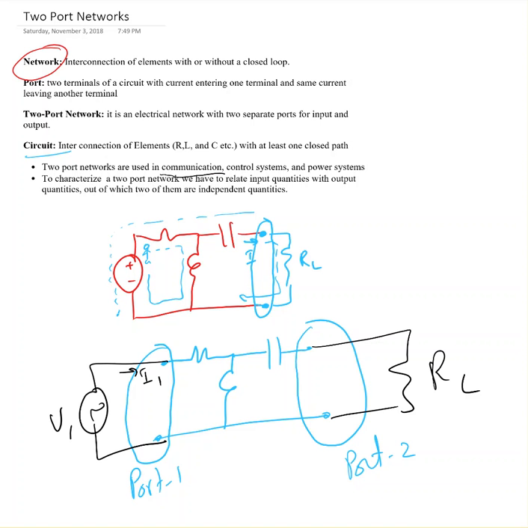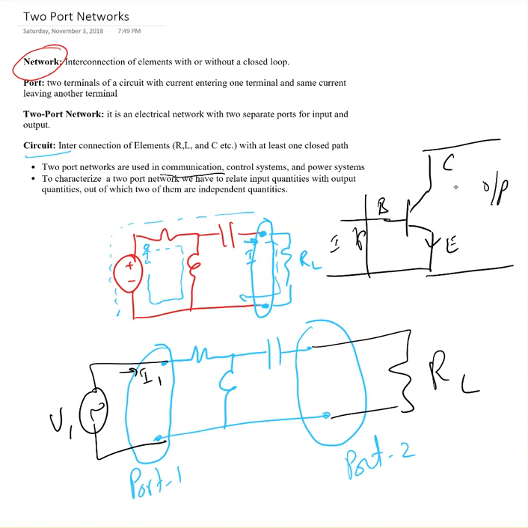A simple example is a transistor. I believe most of you are already taking 492, so you're talking about an NPN or PNP transistor. This is the base, collector, emitter. This arrow is always on the emitter side. If you look here, these are the input terminals and these are the output terminals. So this electronic device has input terminals as well as output terminals. It's a two-port network. Most of the time these two-port networks are used in communication, control systems, power systems,